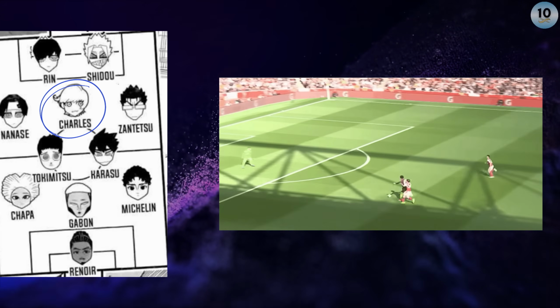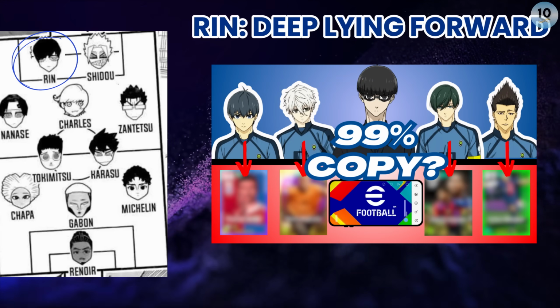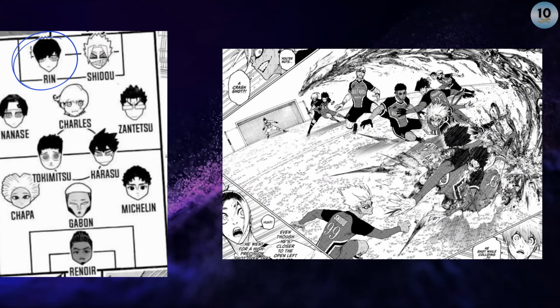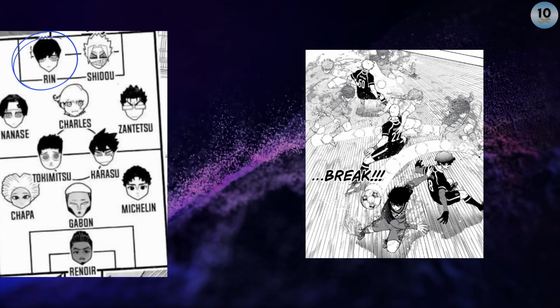He makes passes that fans can't even imagine. Just like in the U20 match, Rin also played like a deep-lying forward here. He joined the build-up from deep and made one-touch passes with Nanase, and he would finish chances from both outside and inside the box. Rin progressed the ball all the way to the box with his destructive dribbling and playmaking